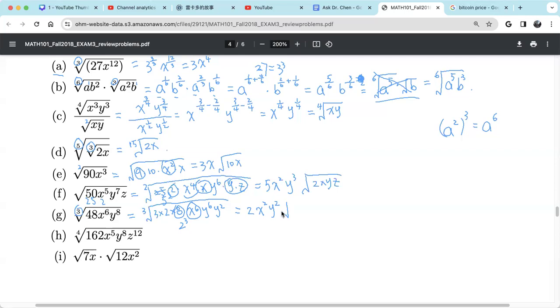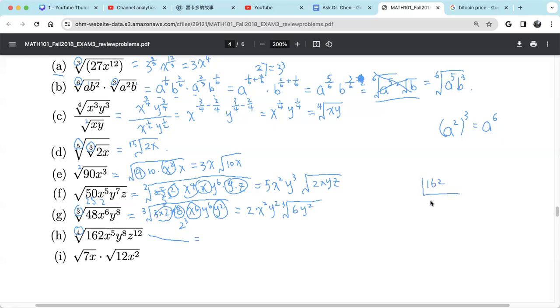So now what's left inside under the cube root? Well, 2 times 3, 6. We have y squared, right? So we have 6y squared still under the cube root. Now let's see H. H's index is 4, the 4th root. So 162,